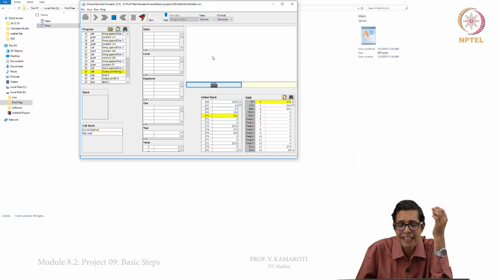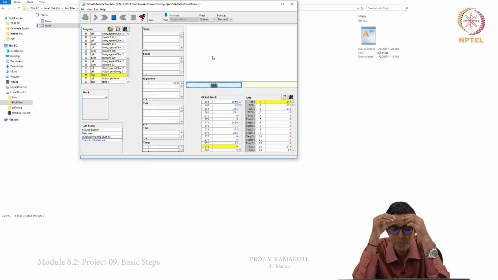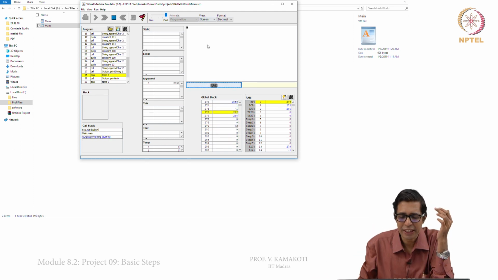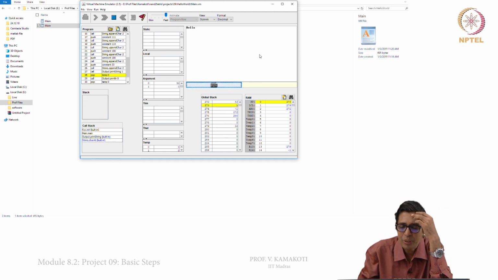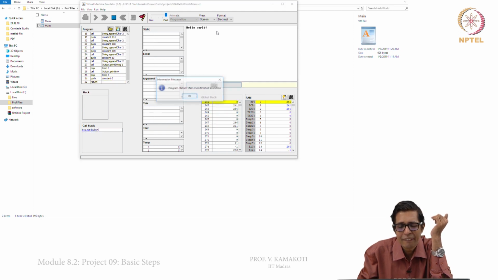So, this is the time taken for actually printing hello world on your screen. What you see here is the screen. I am just moving the mouse there. So, you need to wait a bit on that. Now, you see hello world is coming up slowly. Okay, this is done.